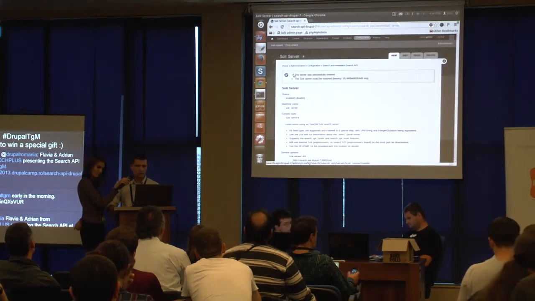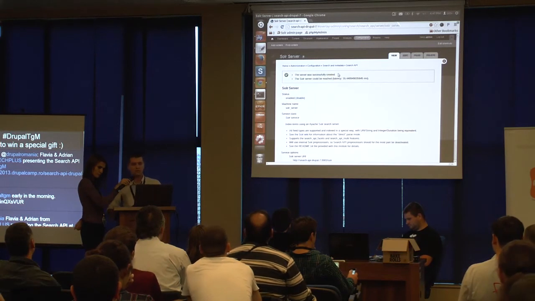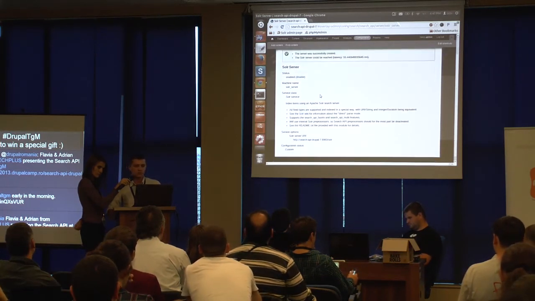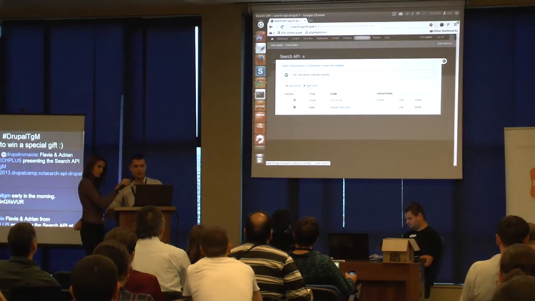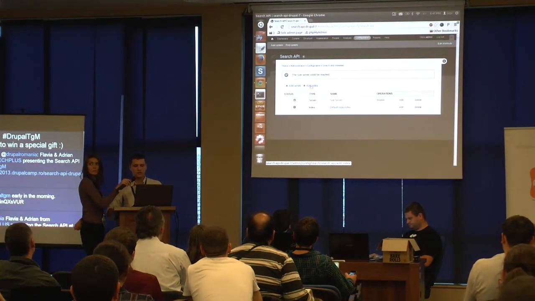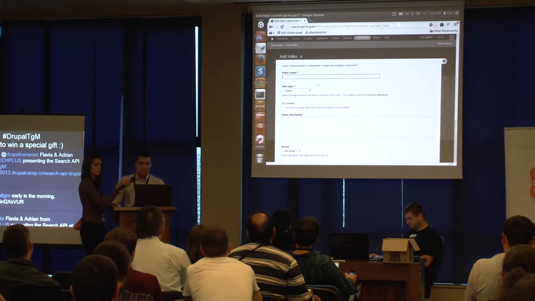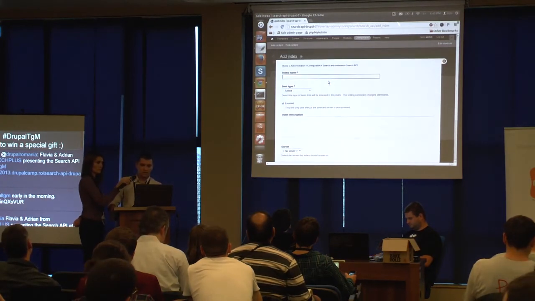And now, after the activation, you can see our Solr server has been reached, so the server is ready to link with our index. Okay, go back to the Search API configuration, and we can now create an index. The index is what defines how the data